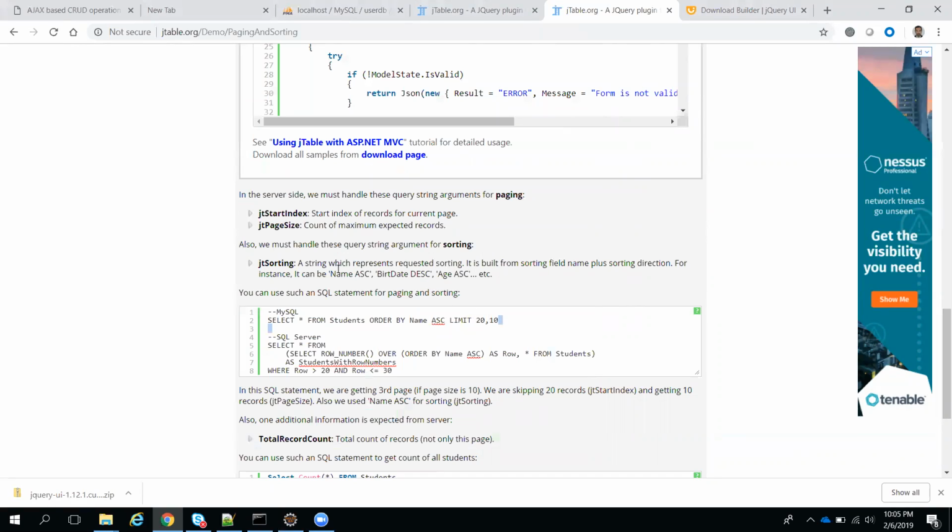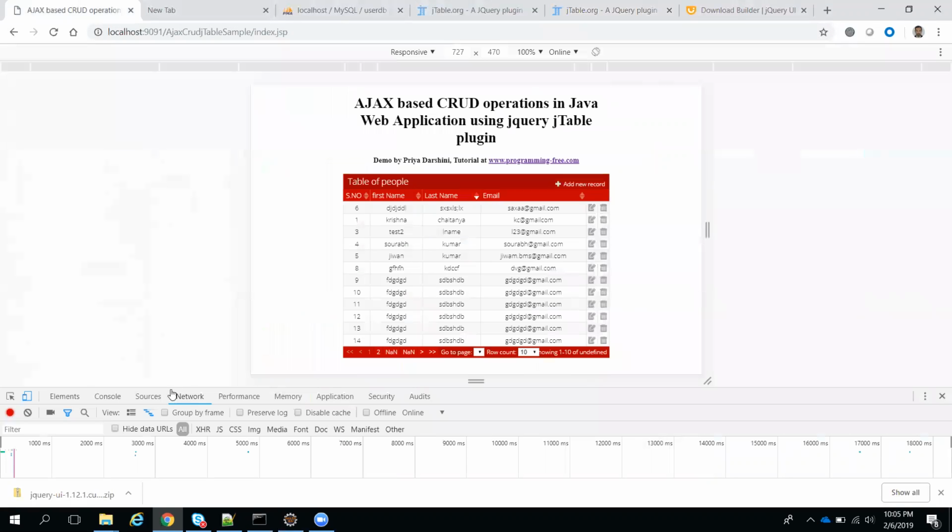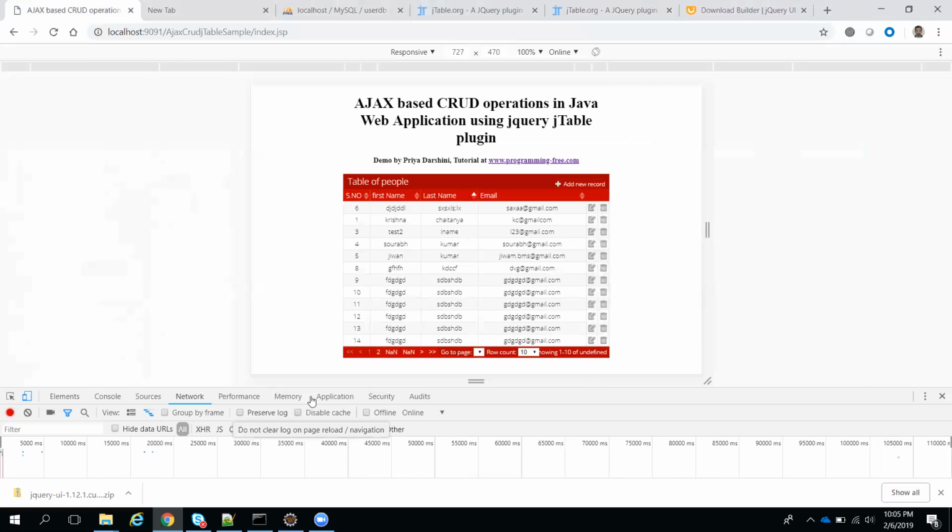Yeah, got it. So you need to modify some backend functionality according to your front end actions. When you're clicking on that sort, we need to send some parameters to the backend. If you observe here in the network tab, when I click sort, some action will be fired. See,